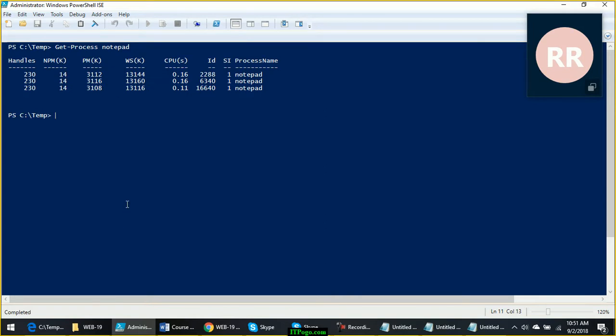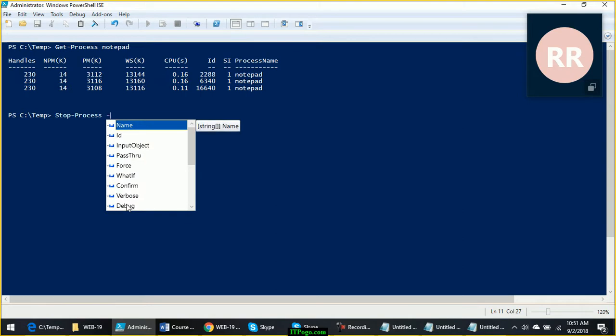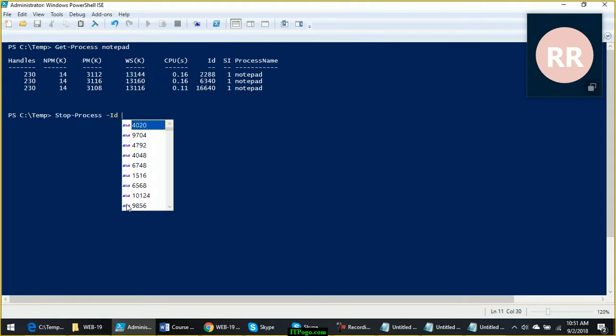Now if I want to kill this process, there is a command called Stop-Process. Now the Stop-Process cmdlet requires an input where you can either specify name or ID if you want to kill one particular process. Suppose I want to kill the process where the process ID is 16640.